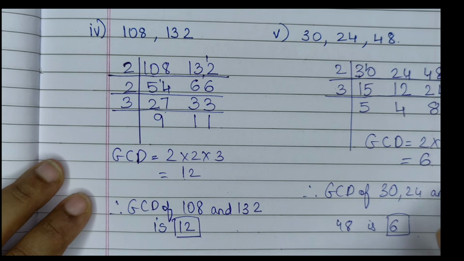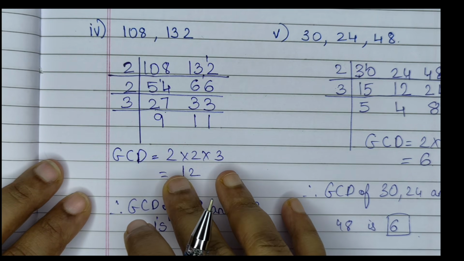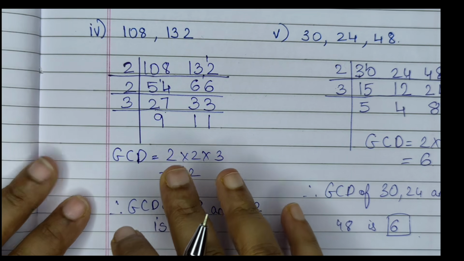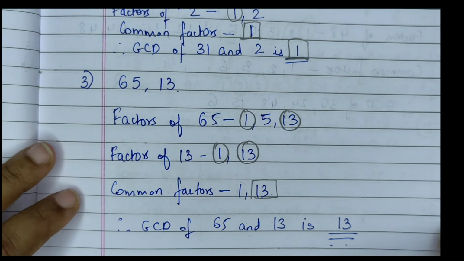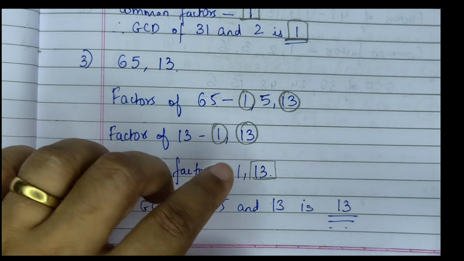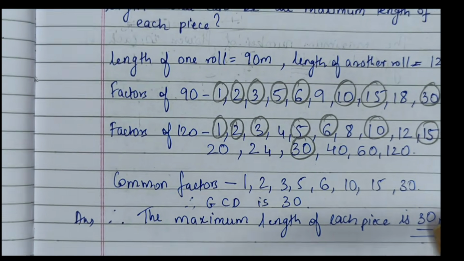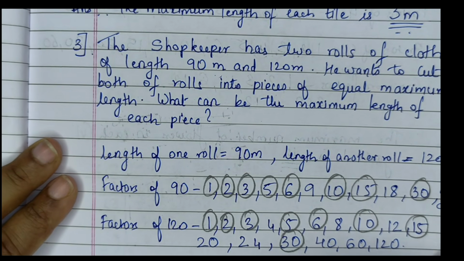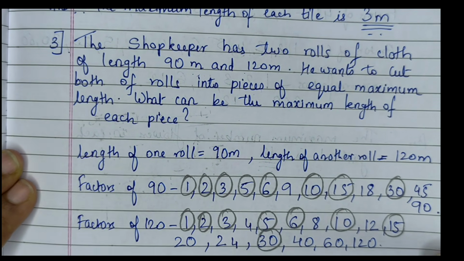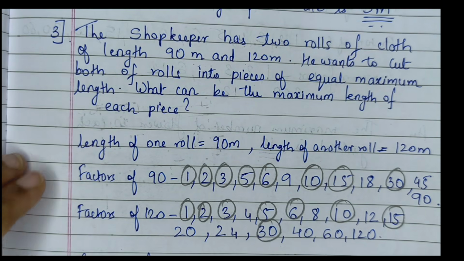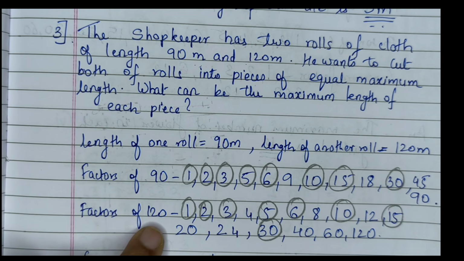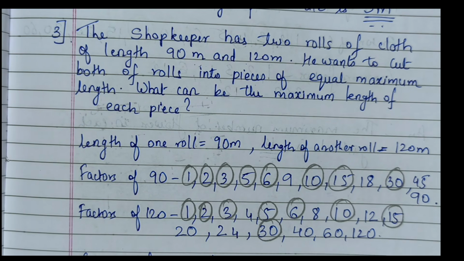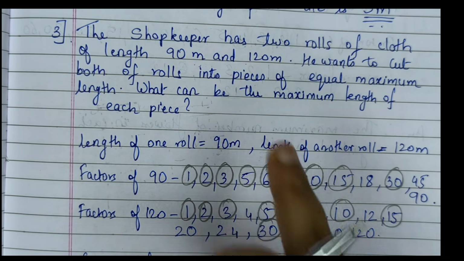I only did this practice set again just to show you the other method, that is the vertical layout method. Okay, so see this, listing the divisors, this one. Now see this method here, for 65 and 13. I've shown you this, but see this, when you have word problems. Now see here, the shopkeeper had two rolls, and this is the question. I have already shown you this sum. So what we will do, factors of 90, factors of 120, directly you can solve this. I'll just show you roughly the same sum.